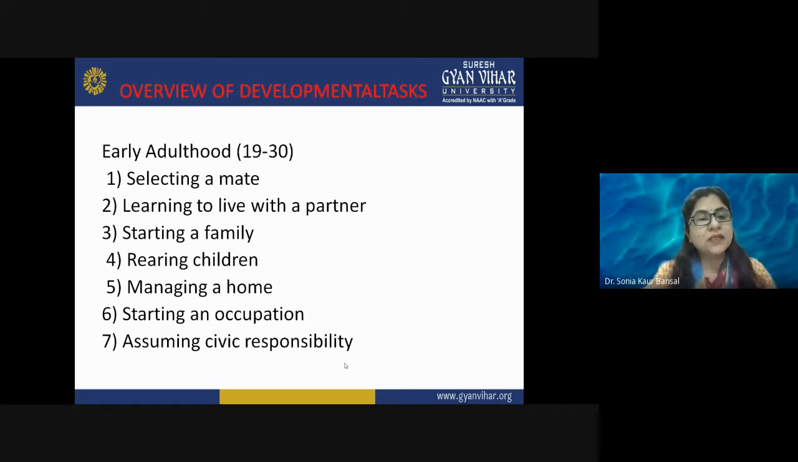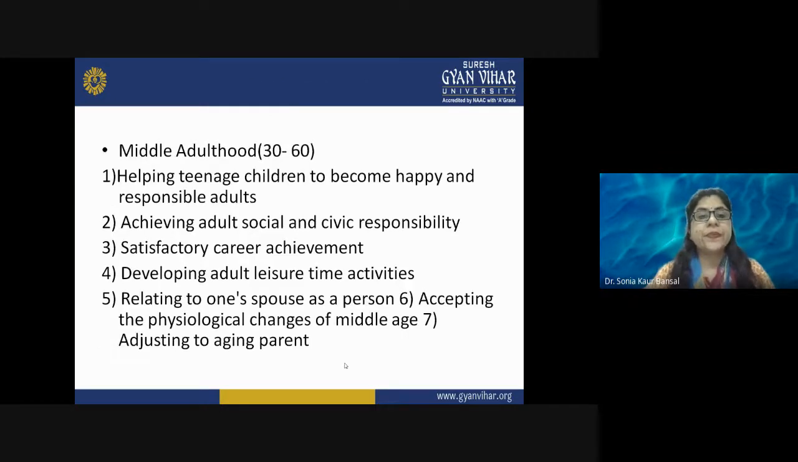Learning to live with a partner, starting a family, rearing children, managing home, starting an occupation, assuming civic responsibility as well. Then middle adulthood, 30 to 60, is about helping teenage children to become happy and responsible adults, and achieving adult social and civic responsibility. And there must be satisfactory career achievement as well. Then developing adults' leisure time activities. So, relating to one's spouse as a person and accepting the physiological changes in the middle age and adjusting to